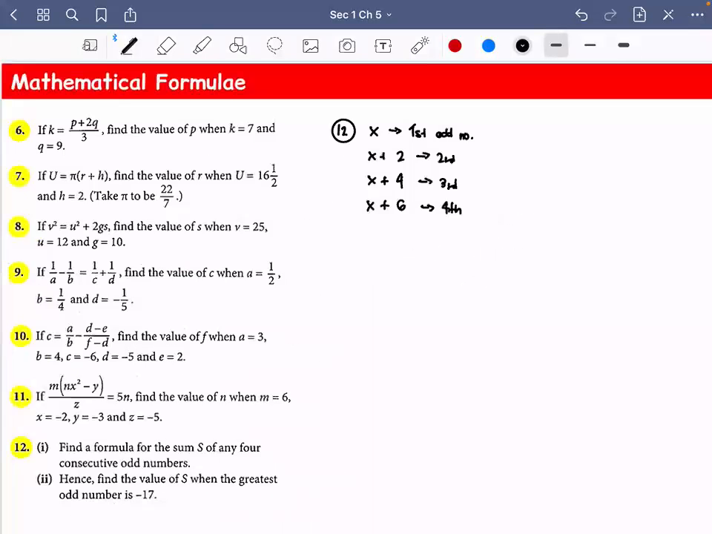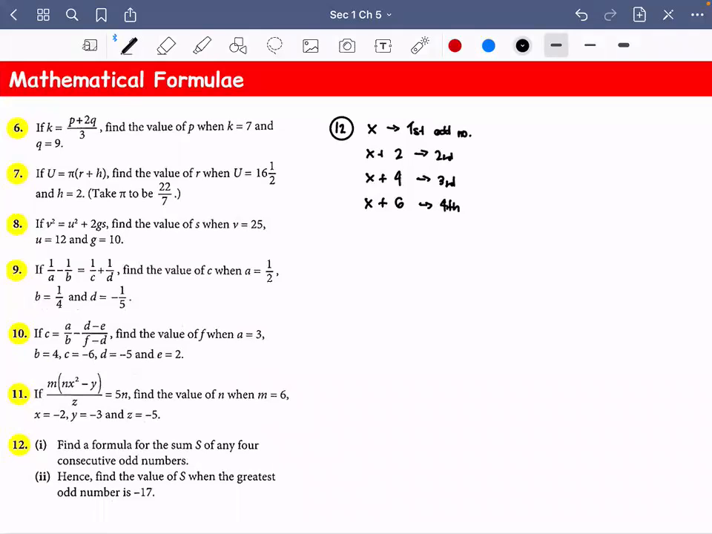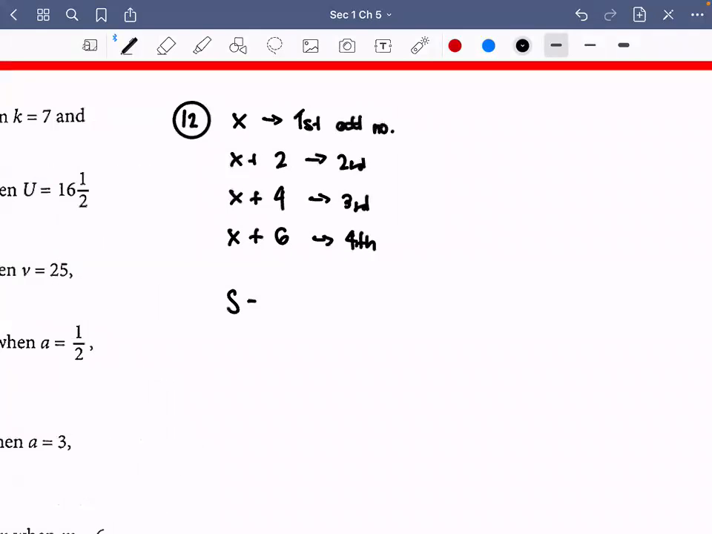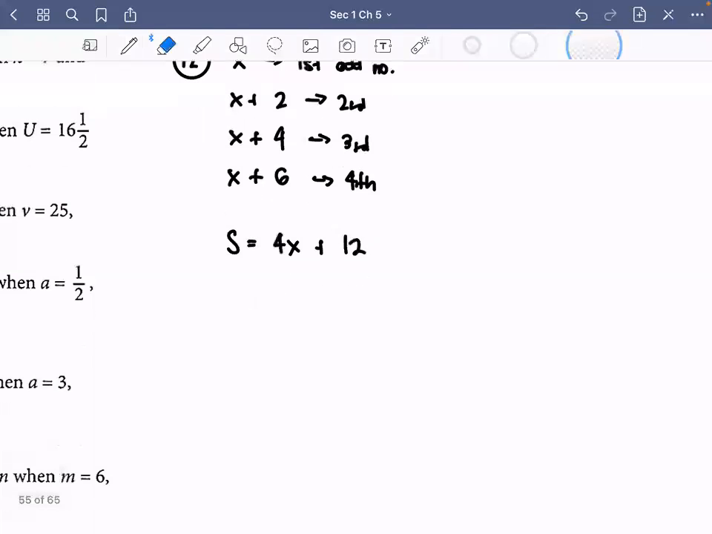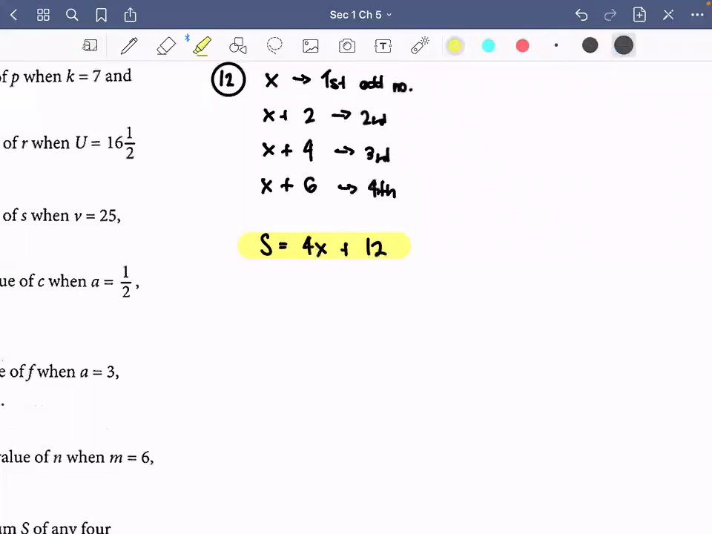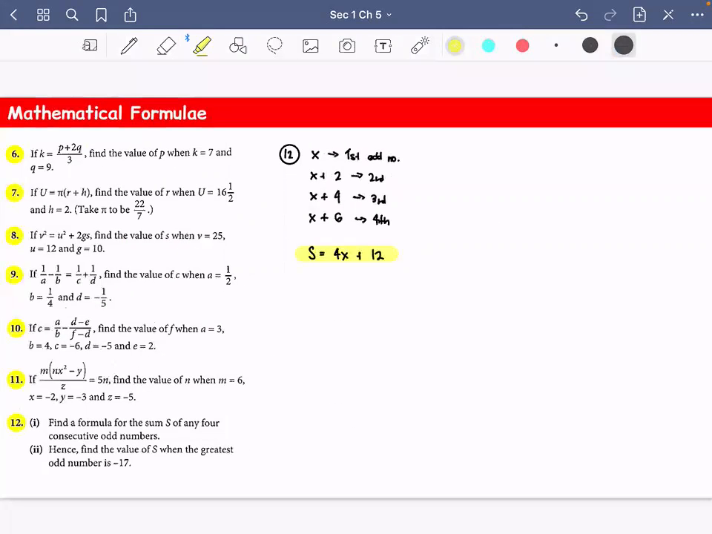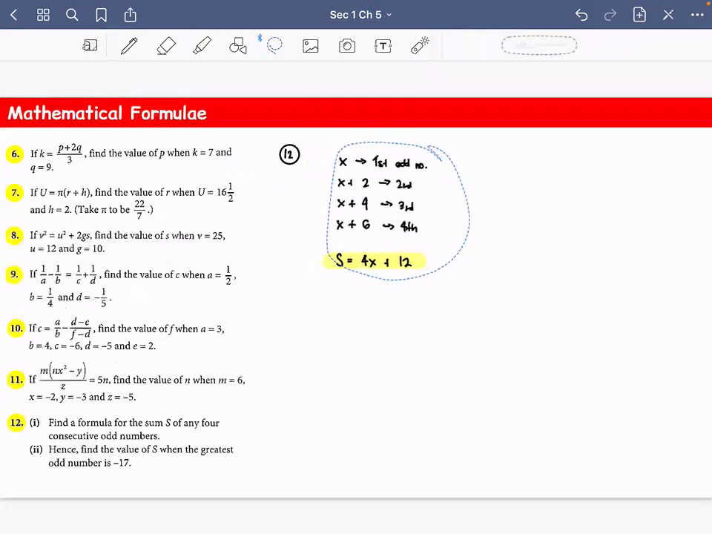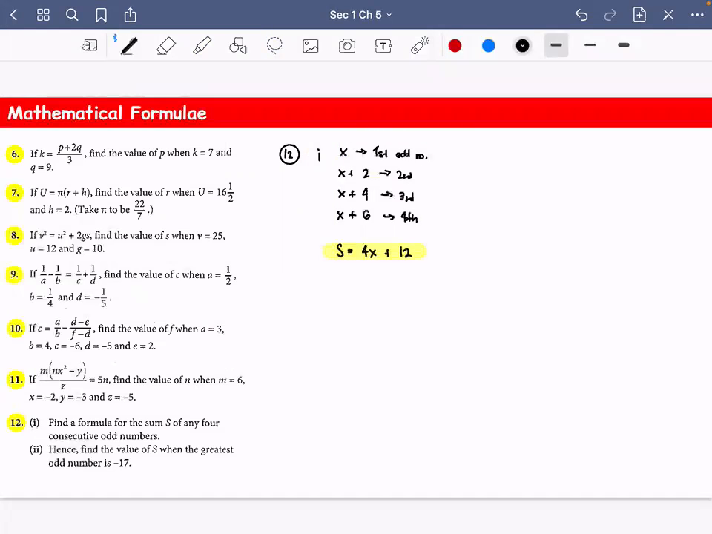And then how do you find our formula? So S is equal to 4x plus what? Plus 12, right? So this is our formula. But then for Roman number 2, so this is Roman number 1. Okay, so for Roman number 2,